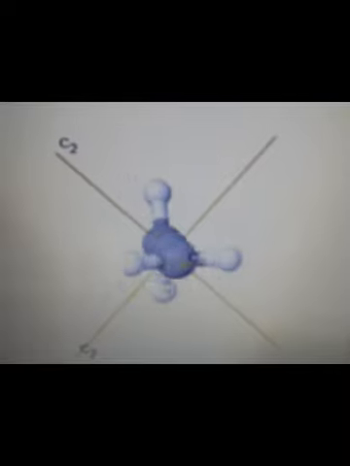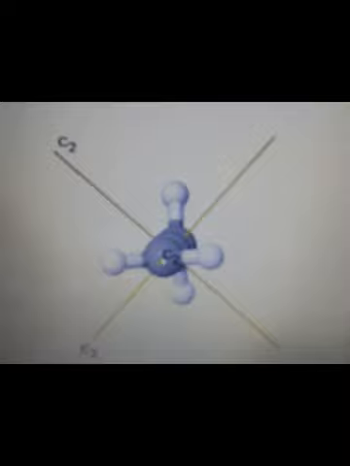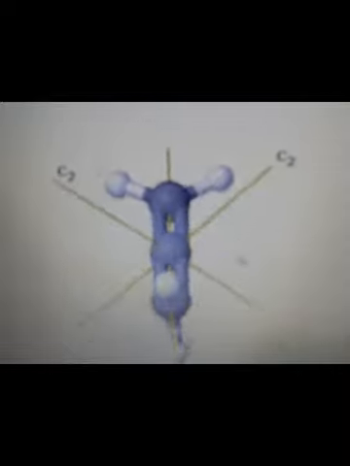And next we have the n number of sigma d's. We know what a sigma d is: the dihedral plane of symmetry. In case of a dihedral plane of symmetry, the plane of symmetry should pass along the principal axis and bisect the 2 C2s. So this is your principal rotation axis. That means your plane should pass along this principal axis and it should bisect these 2 C2s.